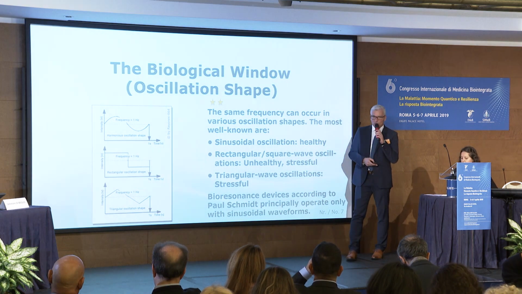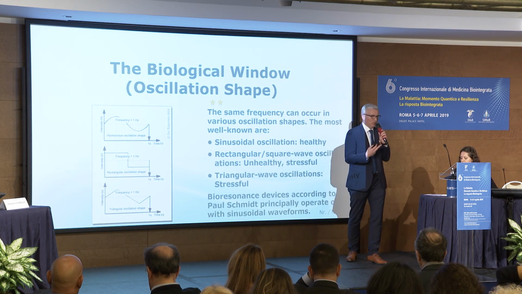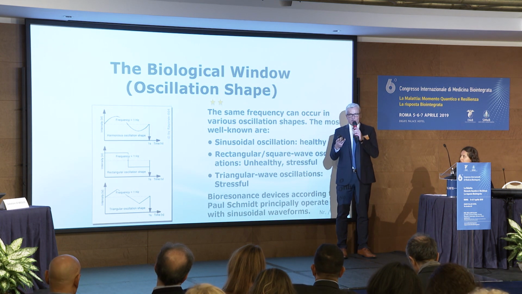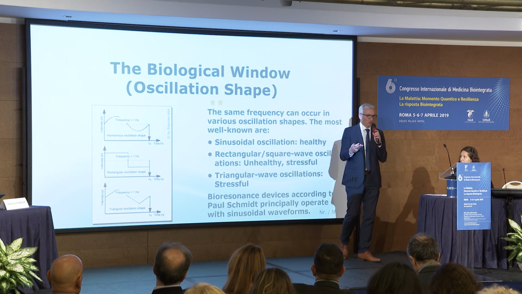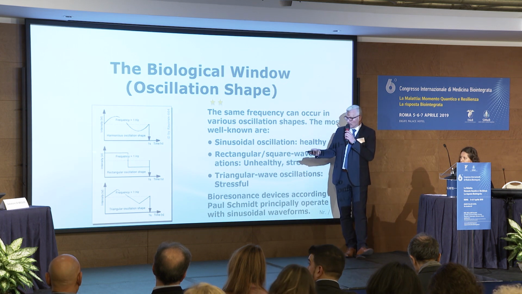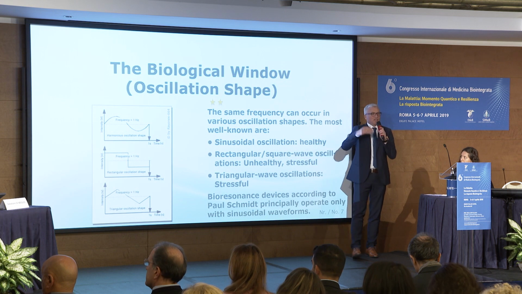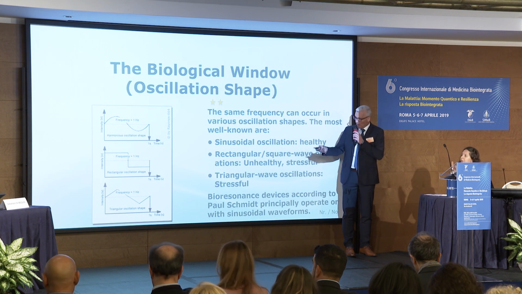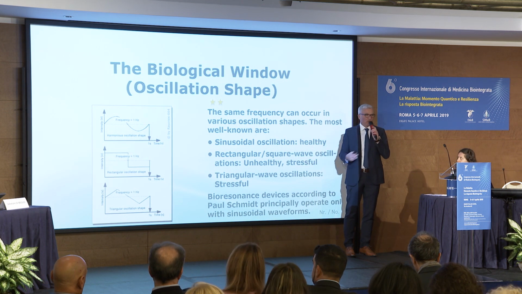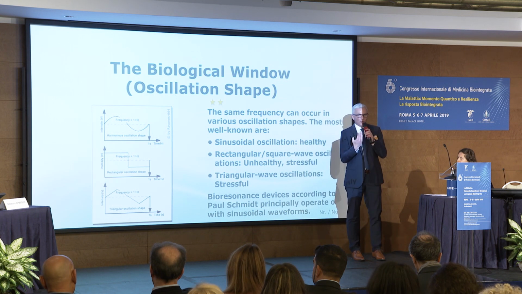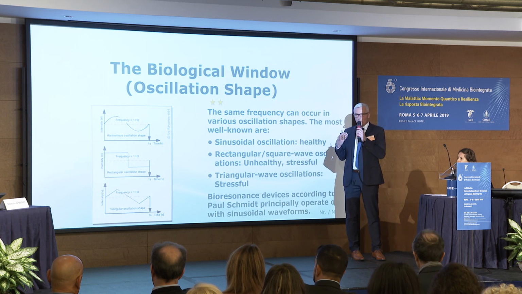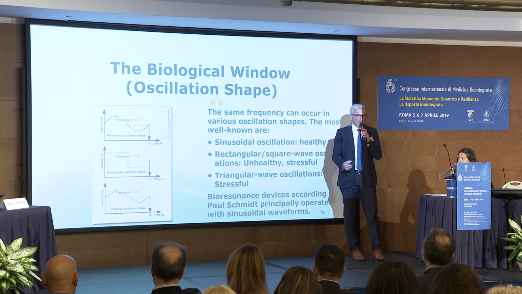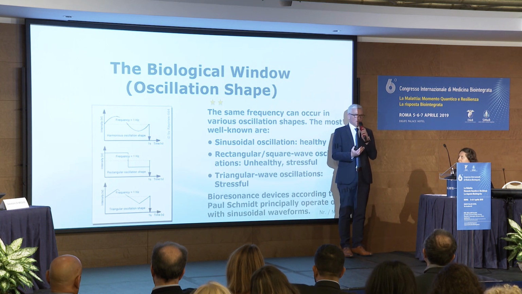Then there are artificial frequencies, which can be harmful to our organism, like for example, everybody's talking about radiation from mobile phones, very well known, very popular. These waveforms are like this, plus other things, impulse modulated and so on. But I don't want to go into detail there. These waveforms are not natural. They are not known to our organism, so our organism cannot really manage and handle this. With this waveform, you can imagine having edges, like here rectangular, triangular. This may cause damage to our cells.